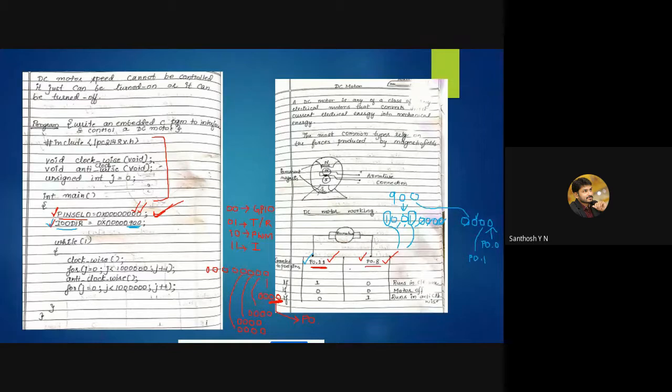So now if I am making the 11th pin and 8th pin high, what is the meaning of that? You are making those pins work as an output or input? Output. Yes, very good. You are making those pins work as an output. As I've already told you, output means the data coming from the LPC to the external peripheral. Input pin means the data coming from the external peripheral to the processor. We are controlling the DC motor, so the data has to come from the LPC to the DC motor. Therefore I have to make these two pins work as an output. That's why I'm passing 900.